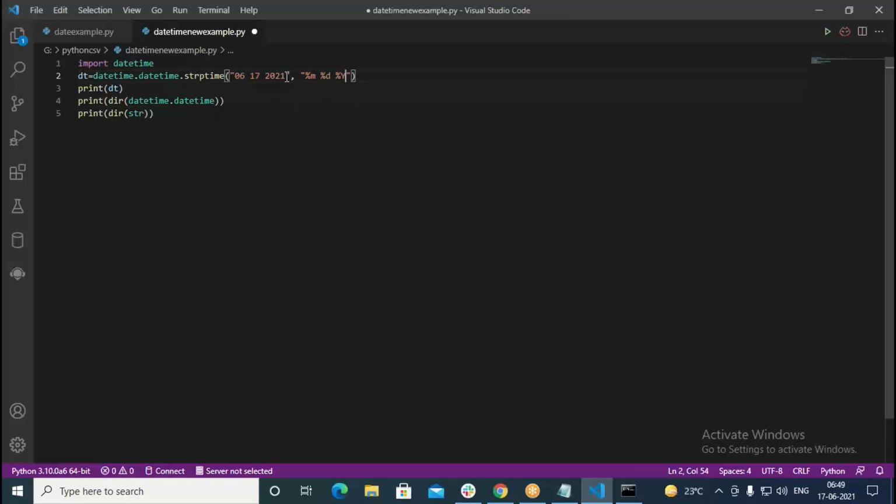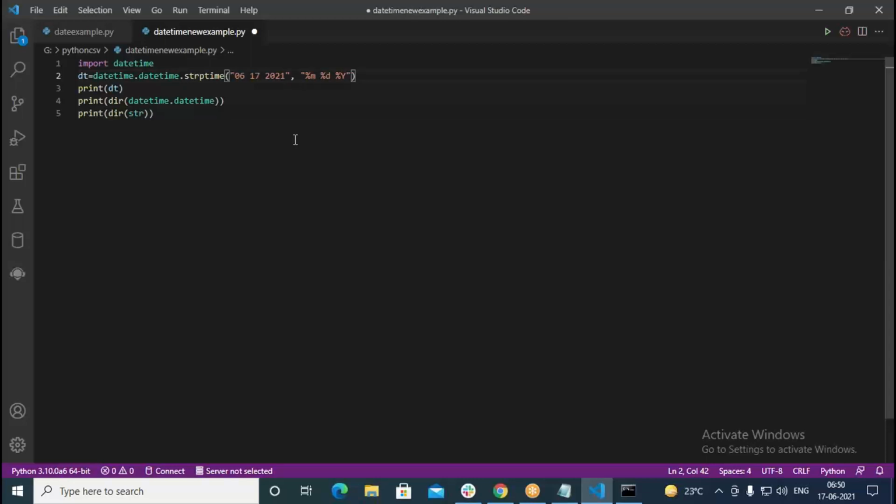Now, next thing, in this example we try to take the hours, minutes, and seconds also. So go with %h, then colon, then I say %m. This must be uppercase, because %m, when you take lowercase, sorry, not here.